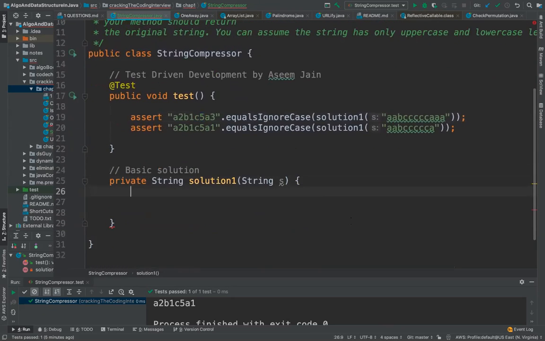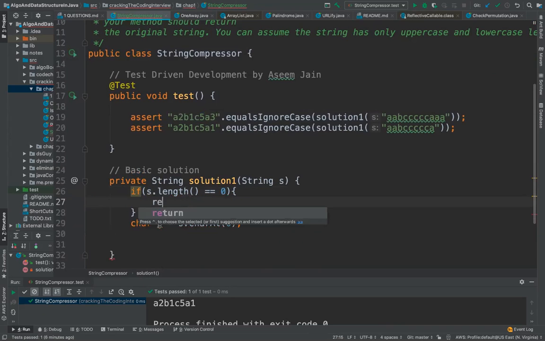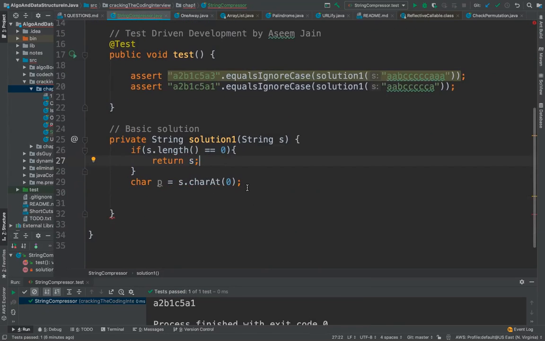So what we will do is make P the previous character, and first we will take the character at index 0. And if you want, we can always check if the length of this is equal to 0, then you can just return it from there itself, to avoid some exceptions.